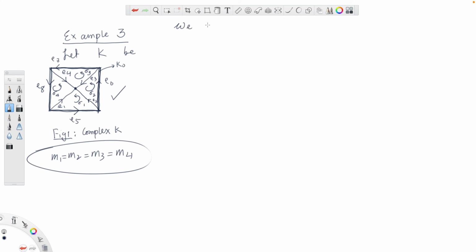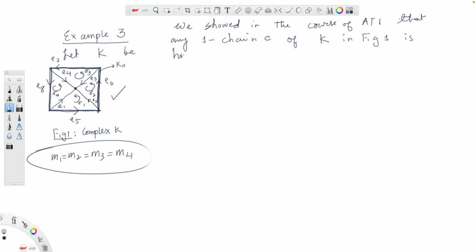So remember we showed in the course of Algebraic Topology 1 that any one chain C of the complex K, of this complex K in figure 1, is homologous to one chain C3